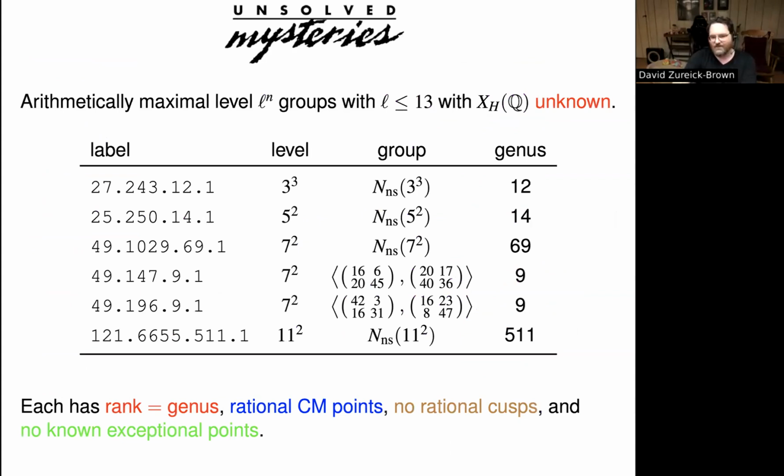So unsolved mysteries, these are the 6 curves from before. They're impish in the sense that in each case, the rank of every isogeny factor of the Jacobian is equal to its dimension. So you cannot do classical Chabauty. They have rational CM points, but no rational cusps. But in particular, it's more difficult to show that a curve has no rational points if it actually has some. And these have no exceptional points. We've, to the extent we possibly can,